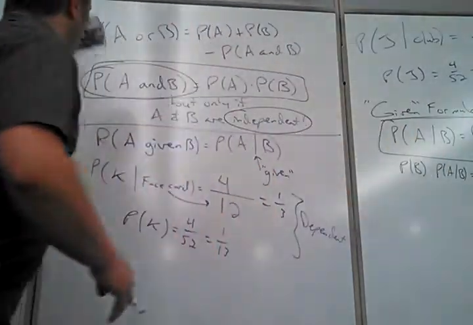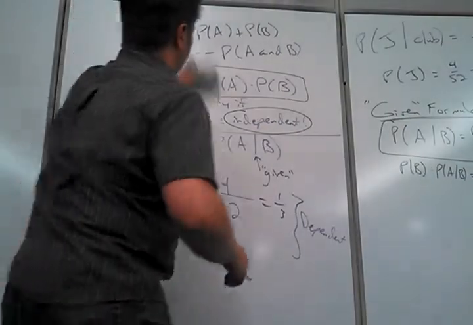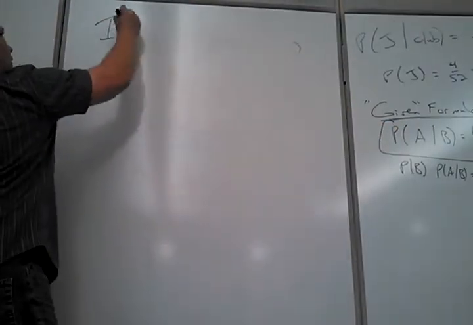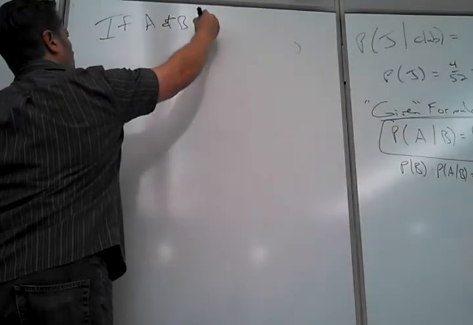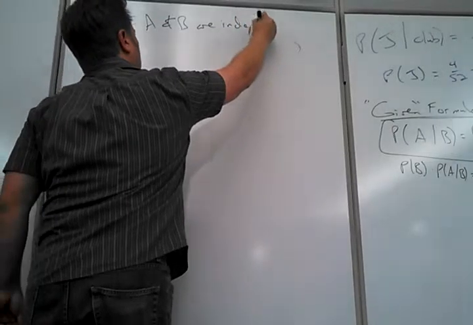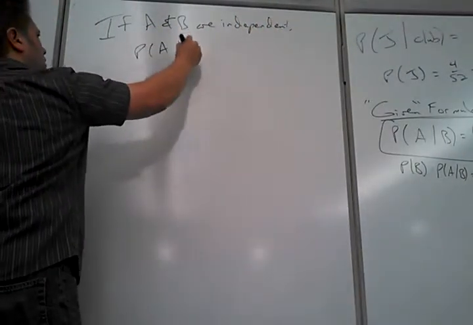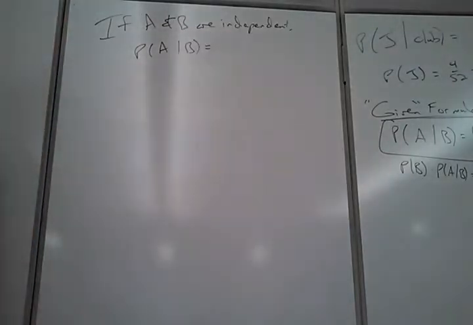So tell me this. If A and B are independent, what is the probability of A given B? If they are independent, another way of thinking about that is they don't care about each other. If one happens, the other one doesn't care. The probability doesn't change. Right? So